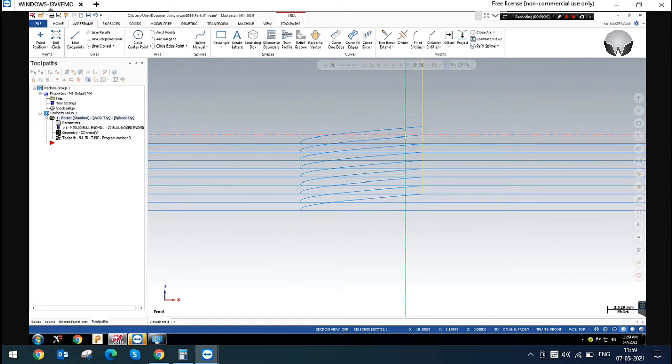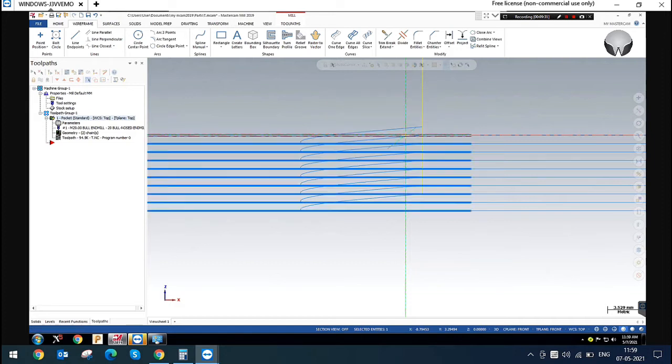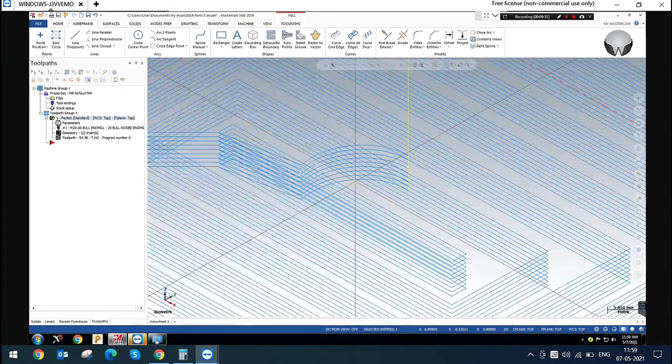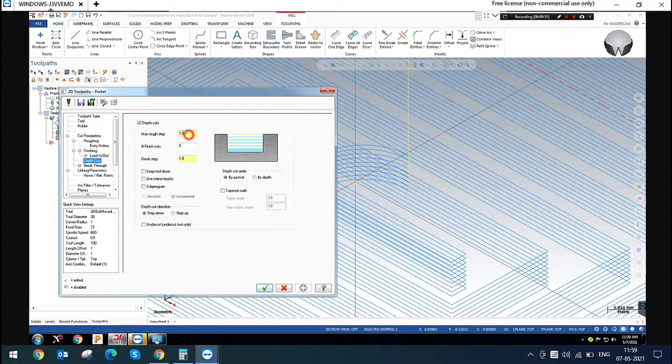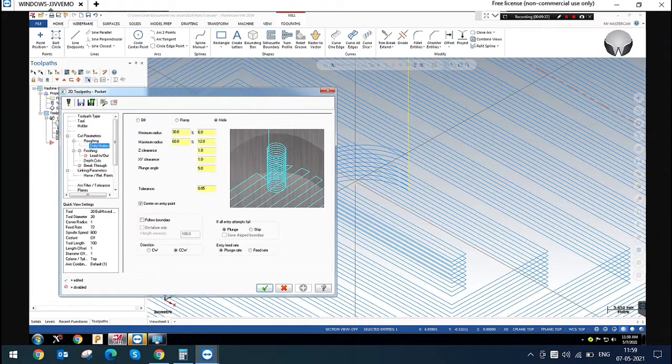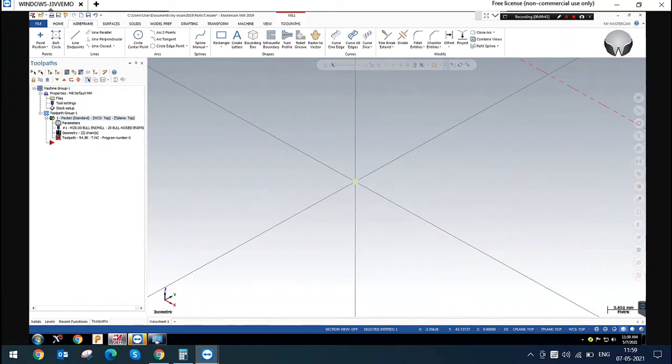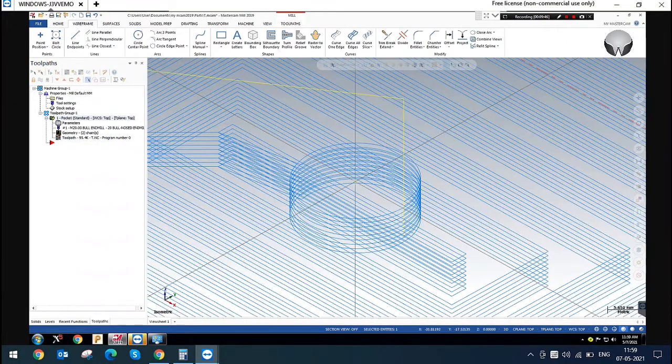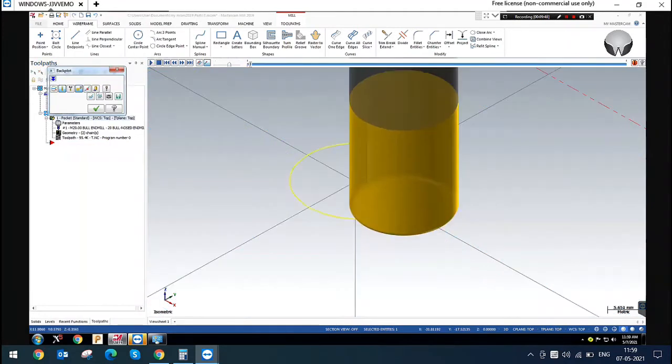The helix will create a full radius and it will go at a 1 degree taper. You can see the difference between the helix. It is creating a full arc.